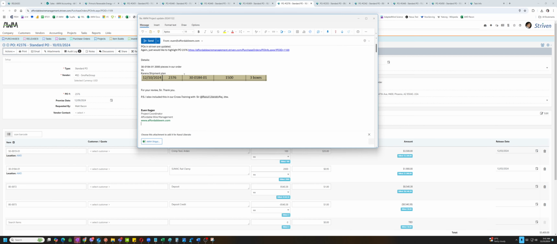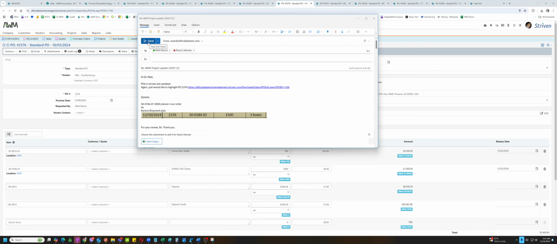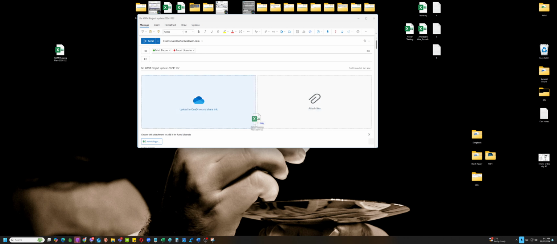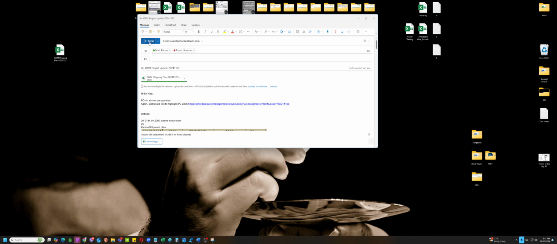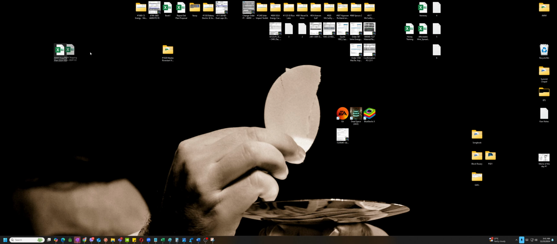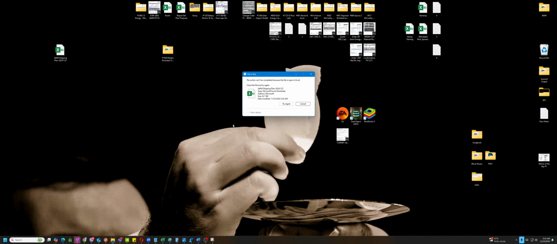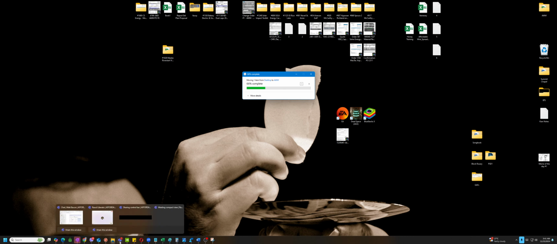Okay, sinama na kita, boss. Sige po. Tapos, lagay ko na rin tong attachment. In 3, 2, 1. Tapos, dito. Tapos, may nag-message yata sa akin. Bago tayo mag-end. Save. Try again.